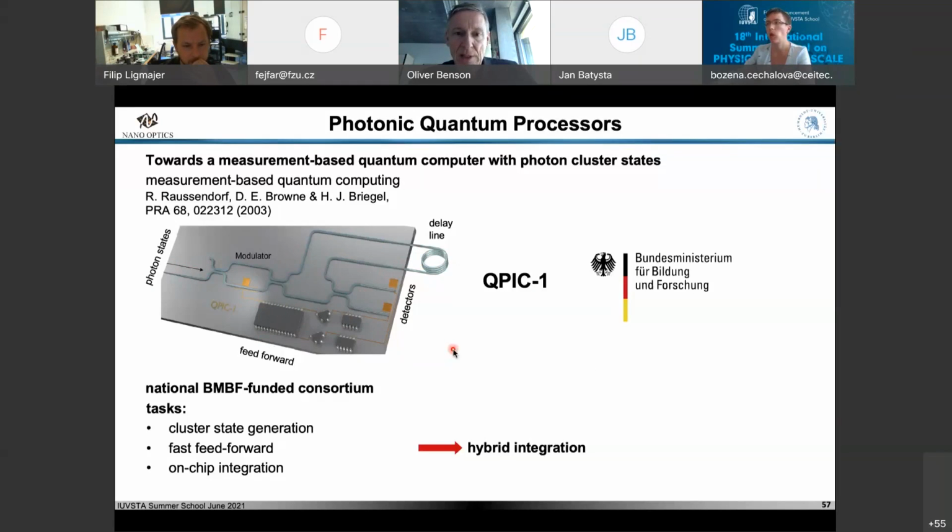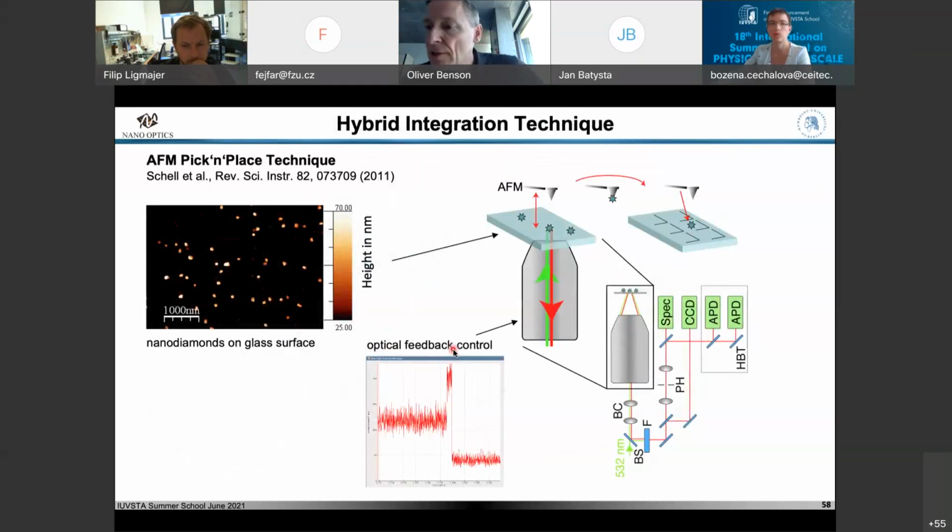One last approach that I want to introduce in the last maybe 5 minutes is how to maybe make such an integrated hybrid platform. And we already used it when I explained this experiment where we put this individual diamond piece on an antenna. And the technique that we use quite often, it's not a large-scale fabrication technique, but it works pretty nice for the first demonstrators. And this is our pick-and-place technique.